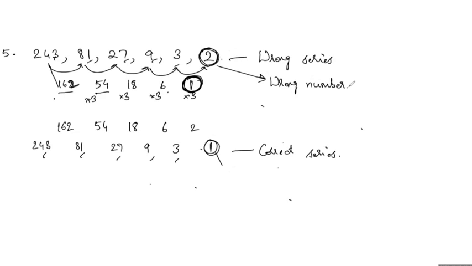Did everyone understand? All of you? Yes, ma'am. Okay. So don't get confused. Take your time. Do it slowly. You should just compare the wrong series and the correct series, and whichever number is different, that is the wrong number from the wrong series. Okay. Did everyone understand this? Yes, ma'am. Okay.